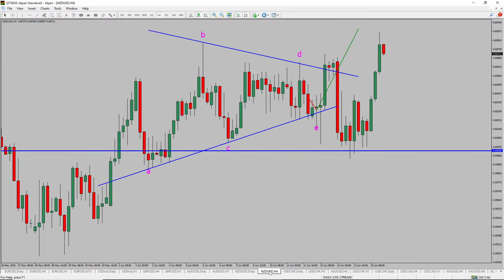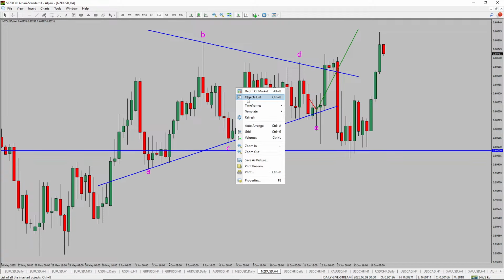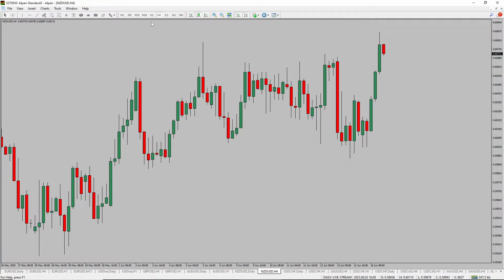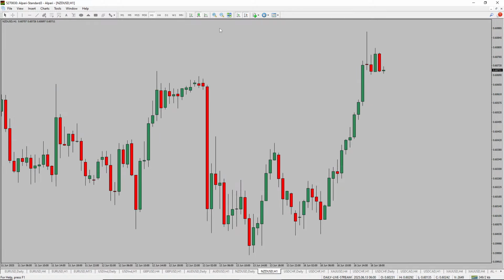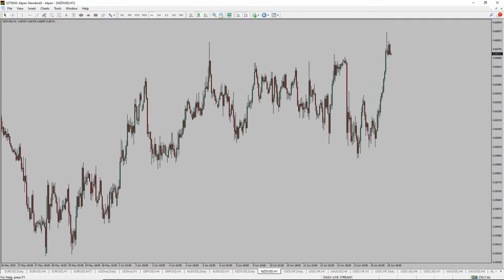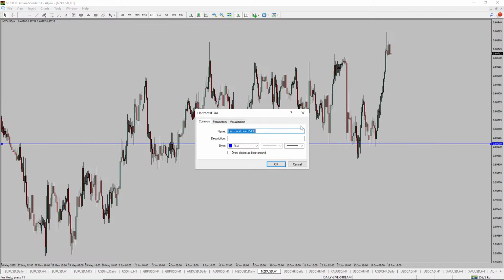So as far as the trading is concerned, this was the triangle pattern which I thought was going to work, but it failed. Over here, the market took out the low. So we're going to remove all of this. Go over to a 1 hour time frame. Now in the 1 hour time frame, we have a support which is down over here. This is the level 0.6005, or let's just use a round number